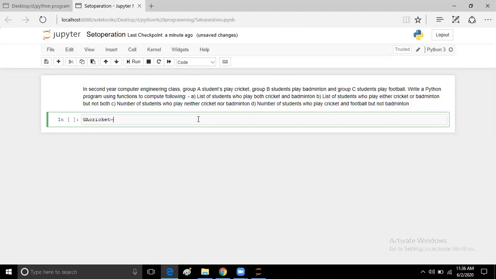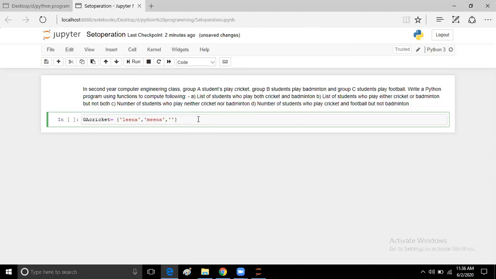As it is a set, the elements of the set are displayed in curly braces. So here my first player will be, suppose, Lina, my second player will be Mina.